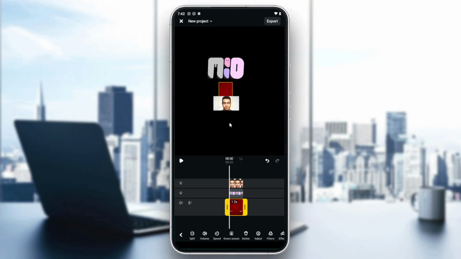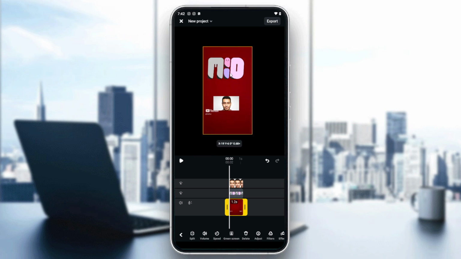So that was the way on how you can start resizing your videos or your clips and the media